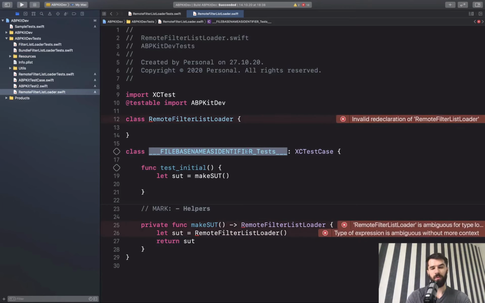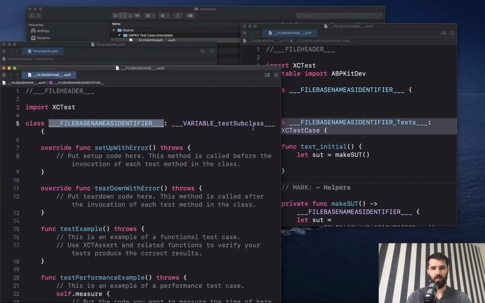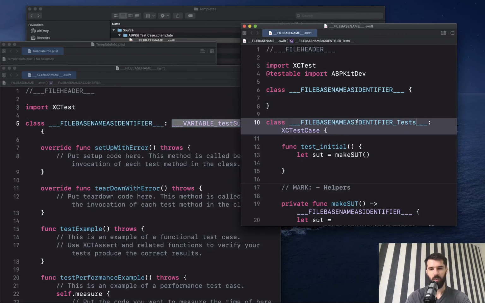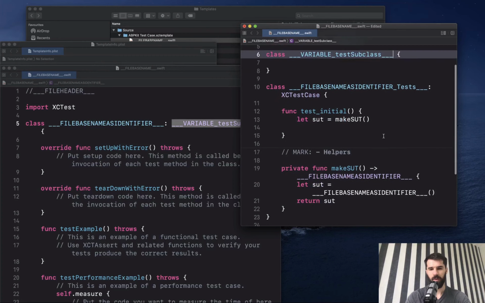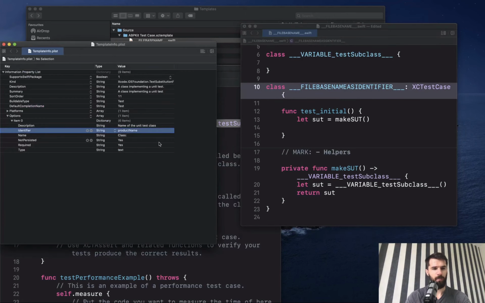And I'm not sure if what we want to do here works with the file base name identifier. Maybe we should make use of a variable in the same way we have here. Maybe it will work. Let's try with the variable and see how it will work. We have the variable here, here, and here also. Let's leave it back as it was, and in our case the variable is product name, so here we should have